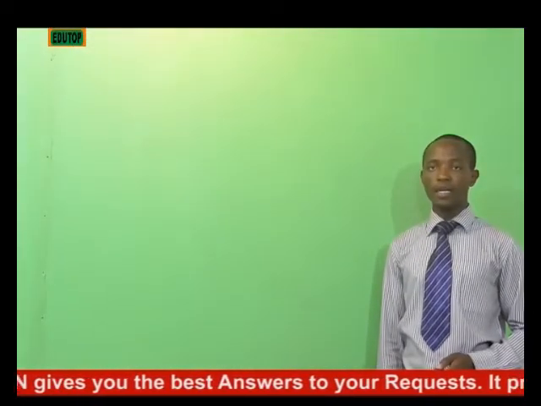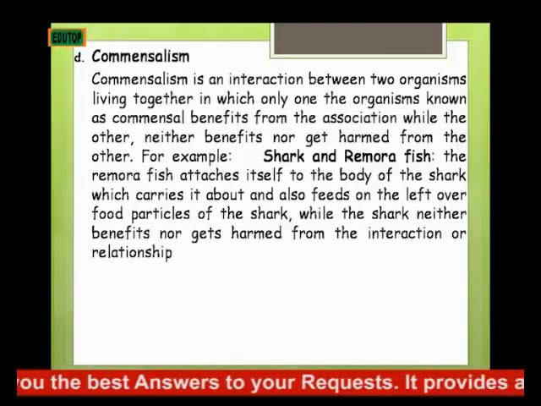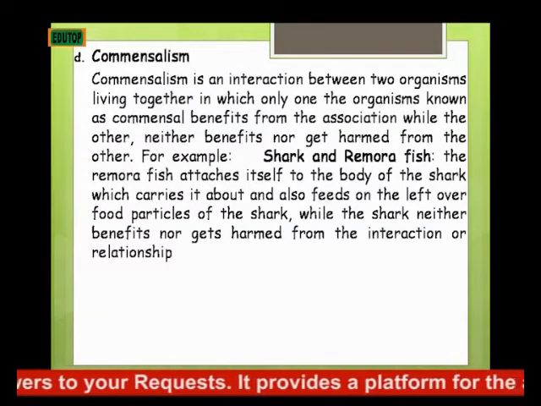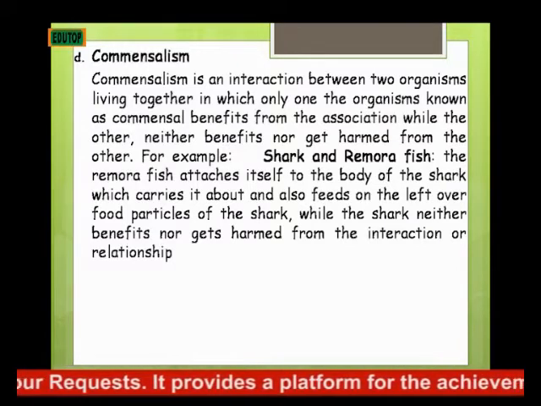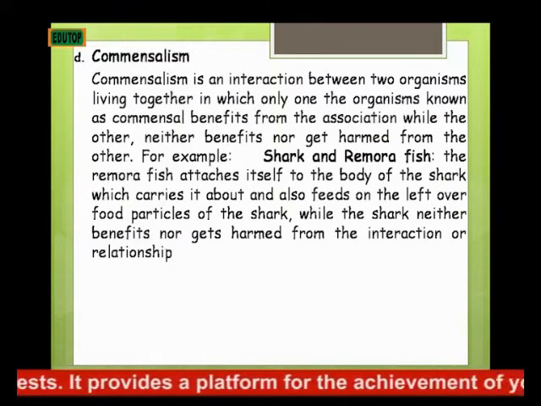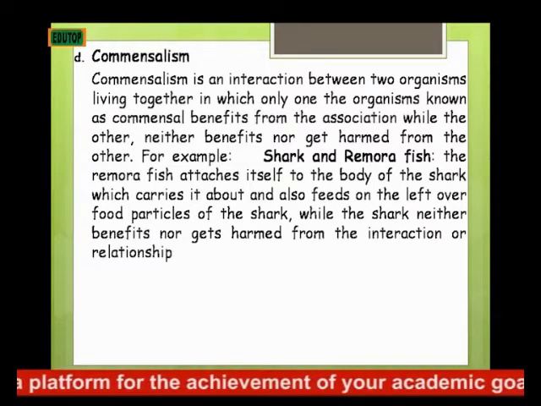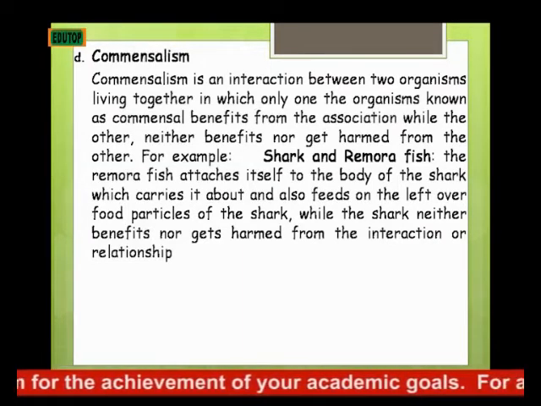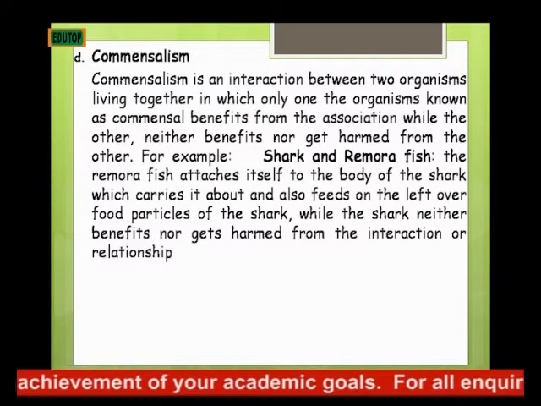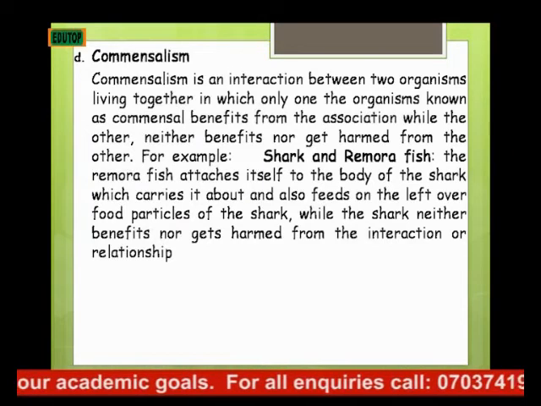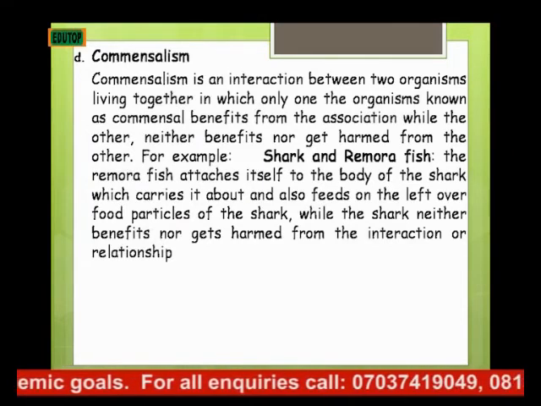Then the next interaction we're looking at is commensalism. Commensalism is an interaction between two organisms living together in which only one of the organisms, known as the commensal, benefits from the association or interaction, while the other neither benefits nor gets harmed from the interaction. For example, shark and the remora fish. The remora fish attach